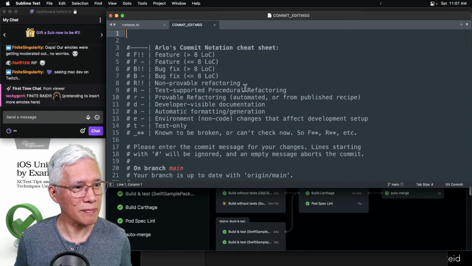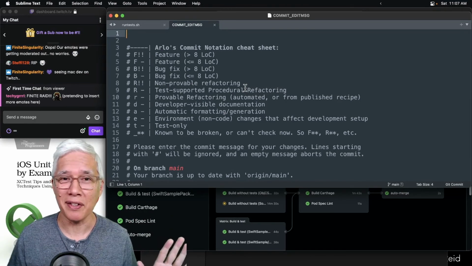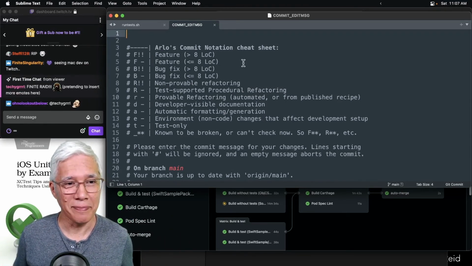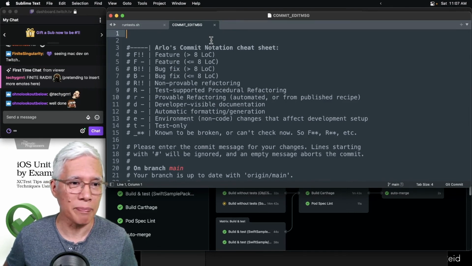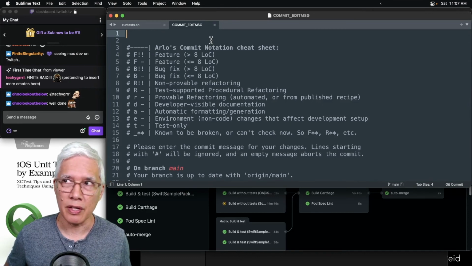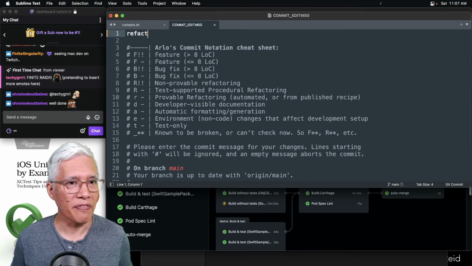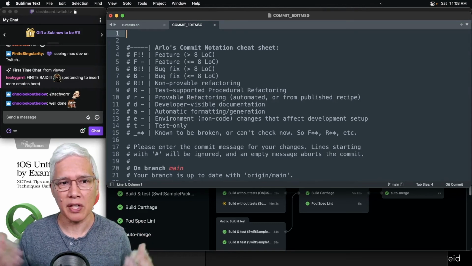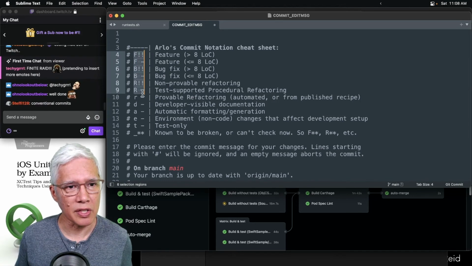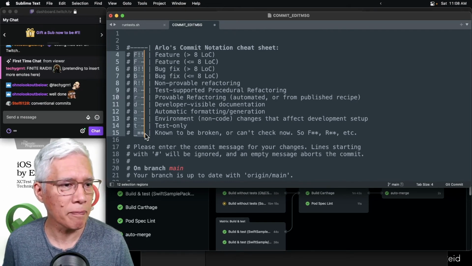So to commit this, I'm going to use this thing called Arlo's commit notation. Okay, so this is good because, assuming you are developers, Arlo's commit notation is a way of annotating your commits by risk. There's the other one, where you say feature or test or refactor. It's very wordy, and that's only sort of what you are doing, but it doesn't capture how risky it is. Arlo's commit notation, as you see here, uses three characters to describe, thank you, conventional commits, to describe